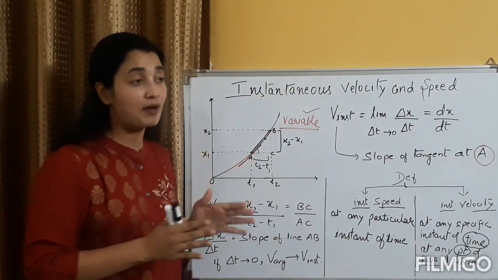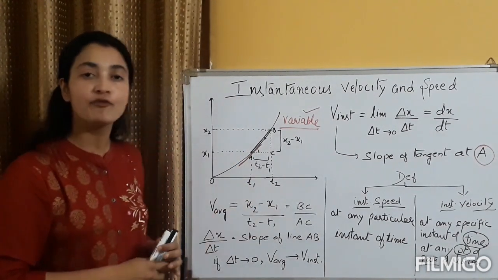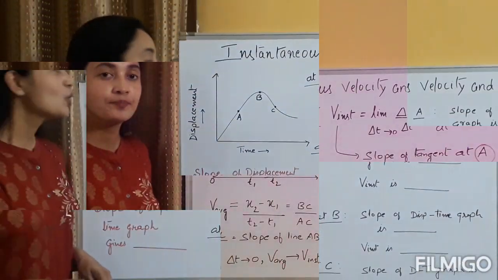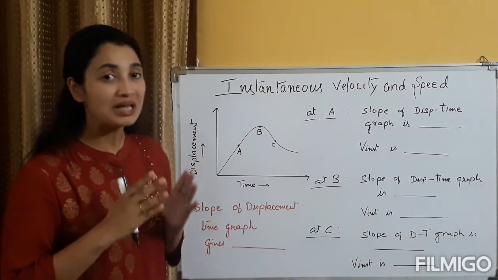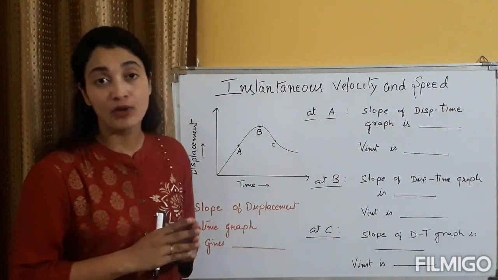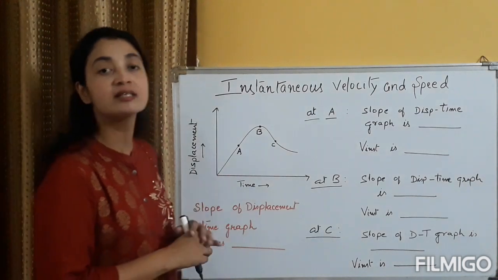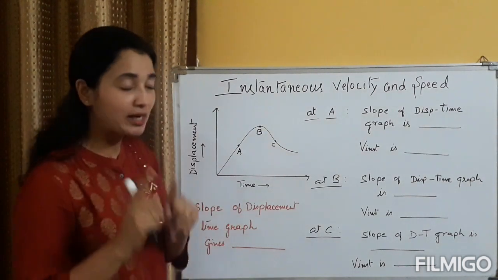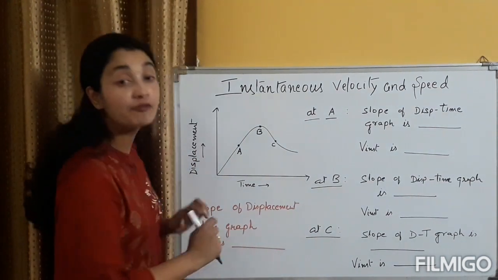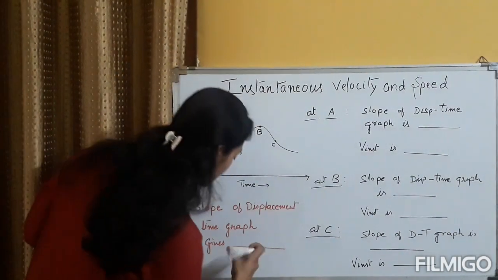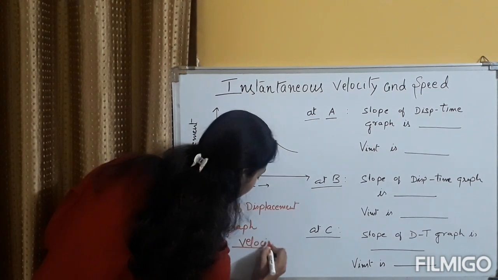We will see a little graph and how the slope conveys the message about instantaneous speed and velocity. So let us see how the concept of slope delivers some message about the instantaneous velocity in a particular situation when we plot a displacement time graph or distance time graph. You have studied it in junior classes and I am just reminding you that the slope of a displacement time graph gives the value of velocity.